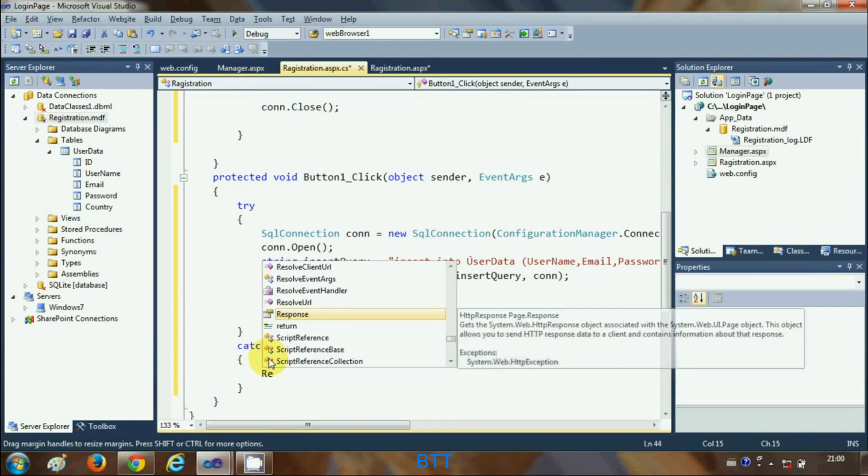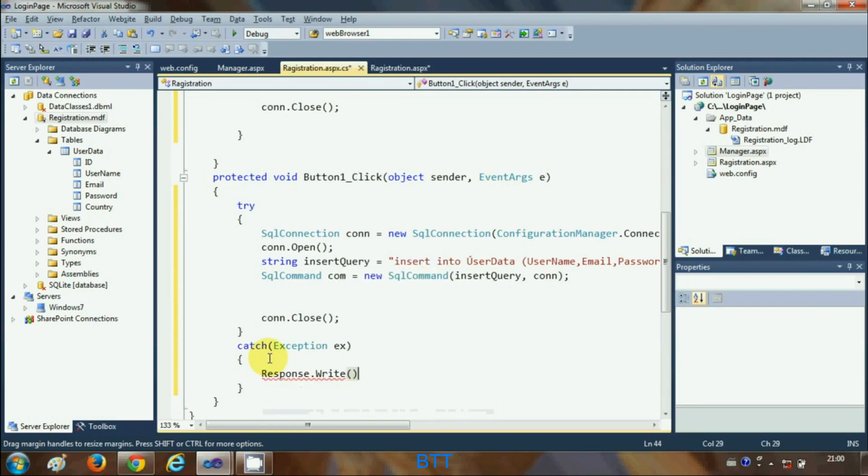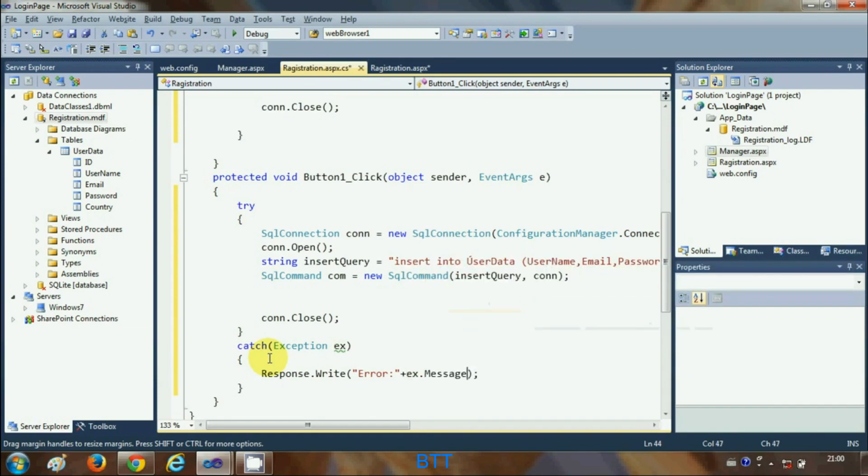and you can show the message, or you can write Response.Write, and in the bracket you can pass, you can say error, and then write plus ex.Message. Okay, now, or instead of this message, just write ex.ToString. Okay,